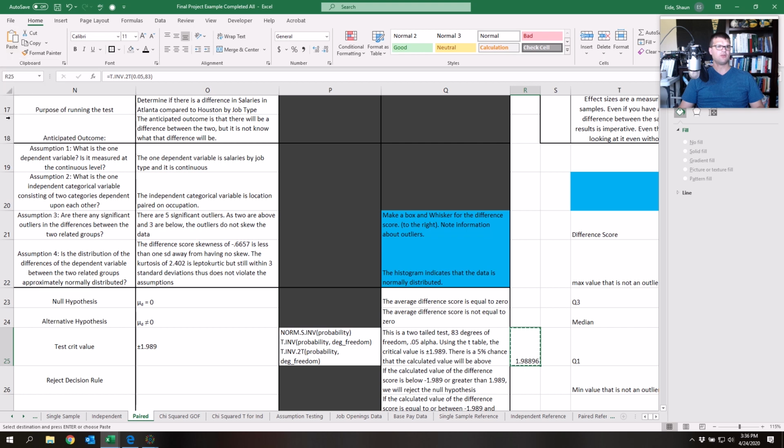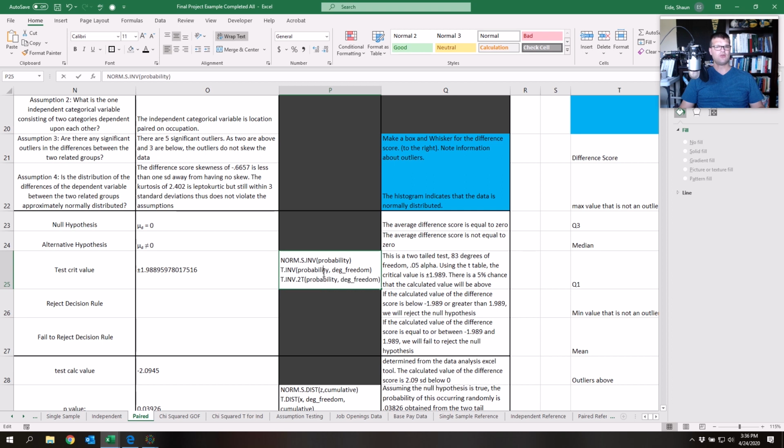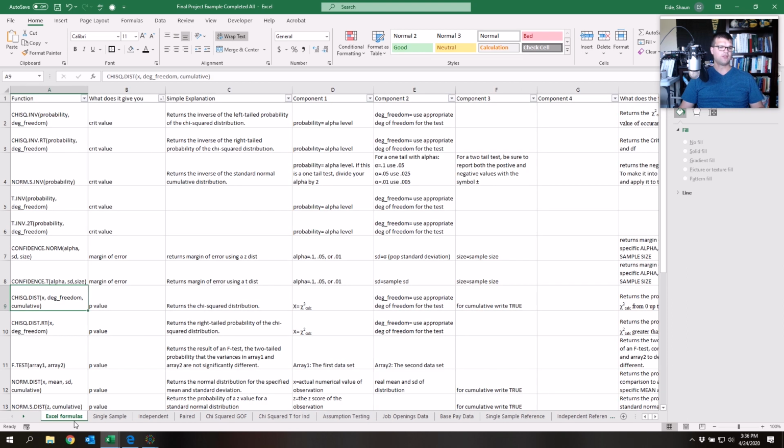the critical value is actually, you guys ready? Plus or minus 1.9889959 and so on. So this formula makes it so that you don't even have to go to the t table anymore. You've got that formula right there and you're good to go. So just make sure that you use the probability of committing type 1 error. And there's more information on all of these formulas. If you come down here to Excel formulas, you can find all of the formulas that I mention in here, and it tells you, hey, this is what you should be